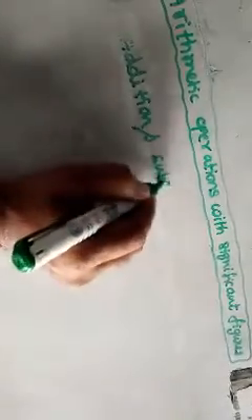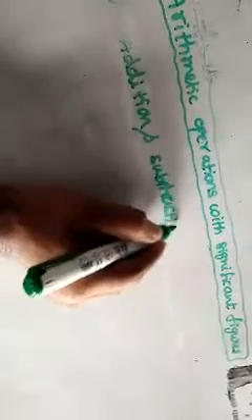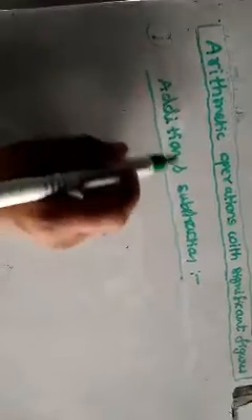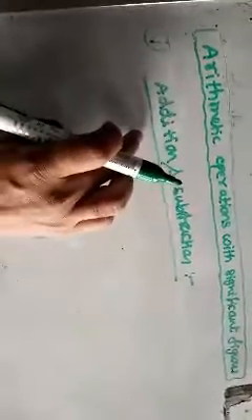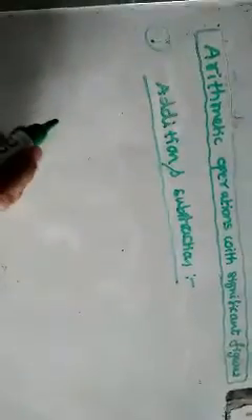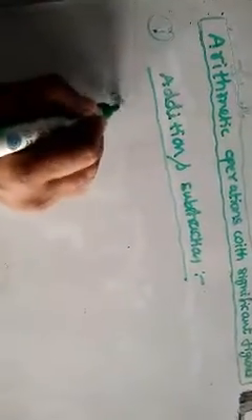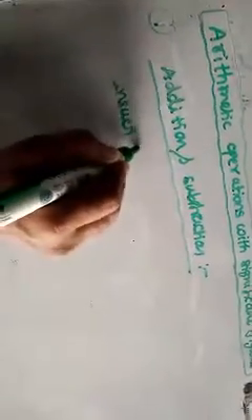So here the first rule is, there is a common rule for addition and subtraction. What is that common rule? I will tell you. The rule is just one line, but implementation you have to understand. Using significant figures, if you are adding or subtracting, the answer must consist of